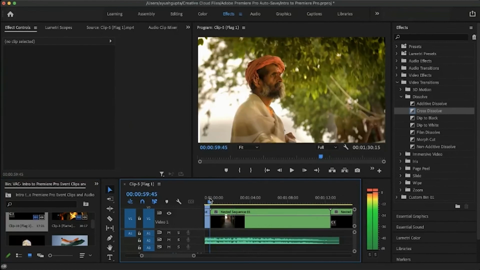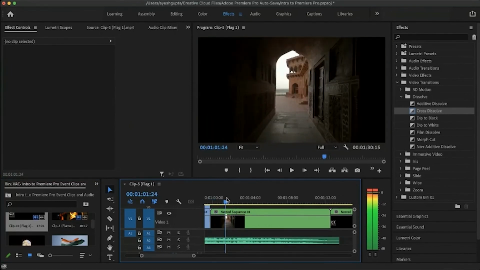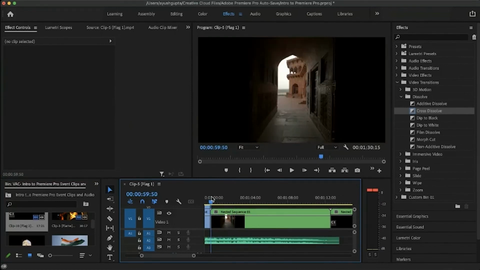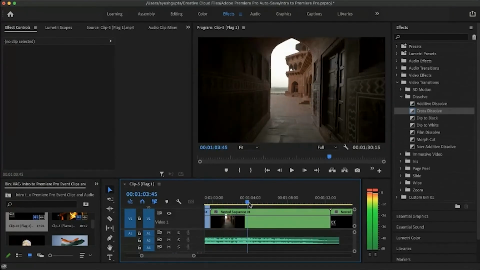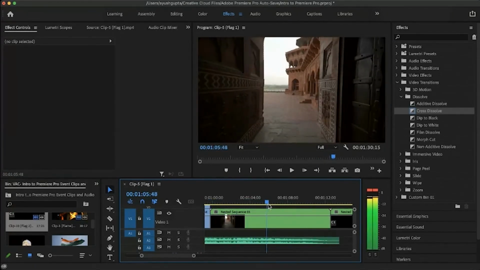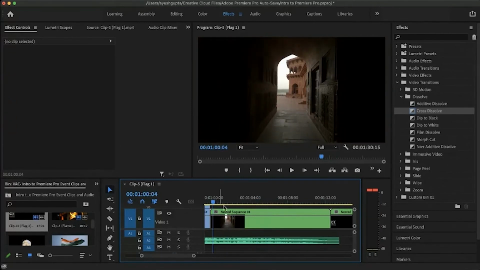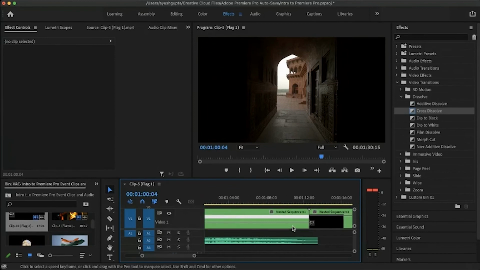So for time remapping, we want the clip to be a bit slow at first, and then it increases the pace. So for that, in the upper right corner, we'll right click, time remapping, and then speed. We'll do this with the second clip too, time remapping and speed.